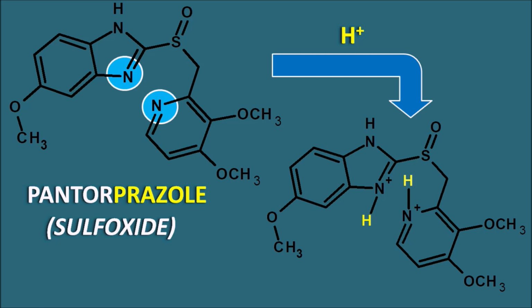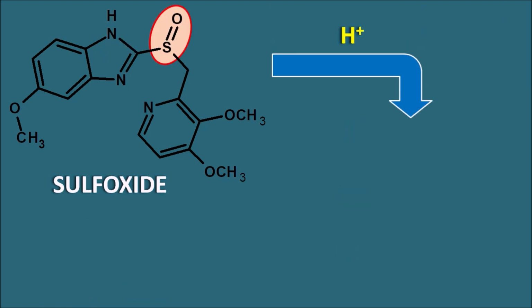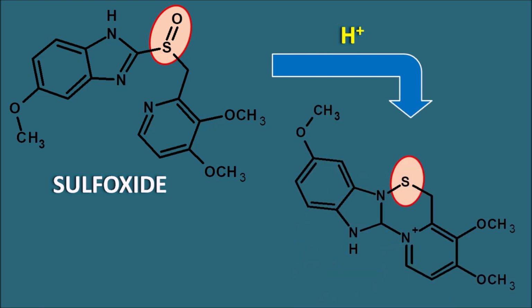In this way, pantoprazole is not an active drug and it acts as a prodrug. Now pantoprazole, which is available as a sulfoxide, you can observe the sulfur is attached with the oxygen by a double bond. In the acidic environment within the gastric parietal cells, it can be converted into an active metabolite. Now in this structure, you can observe the sulfur without any oxygen. So this is the sulfene. This sulfene is forming an amide linkage. So this is the sulfenamide. So pantoprazole can produce a sulfenamide metabolite. This is the active metabolite which is responsible for the inhibition of the proton pump.